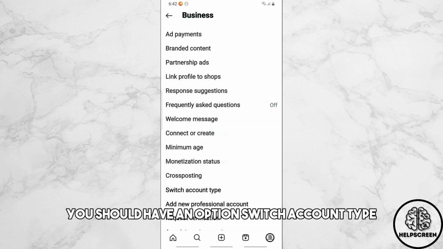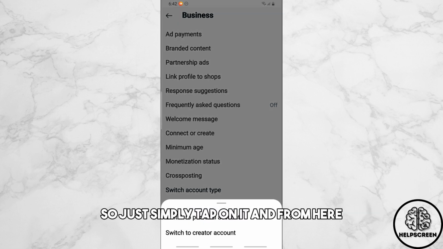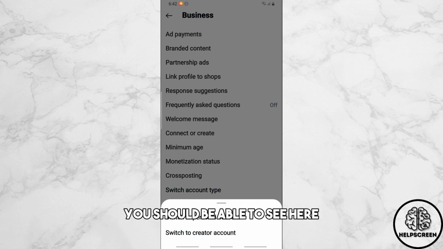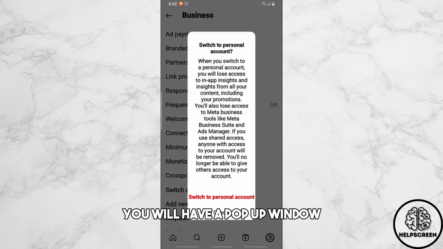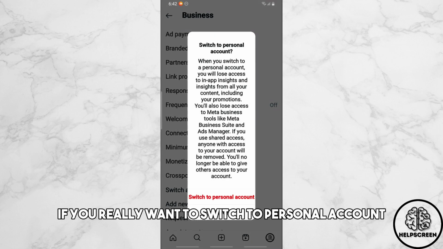Now from here, you should have an option, Switch account type. So just simply tap on it. And from here, you should be able to see Switch to a personal account. So tap on it. And from here, you will have a pop-up window confirming that you really want to